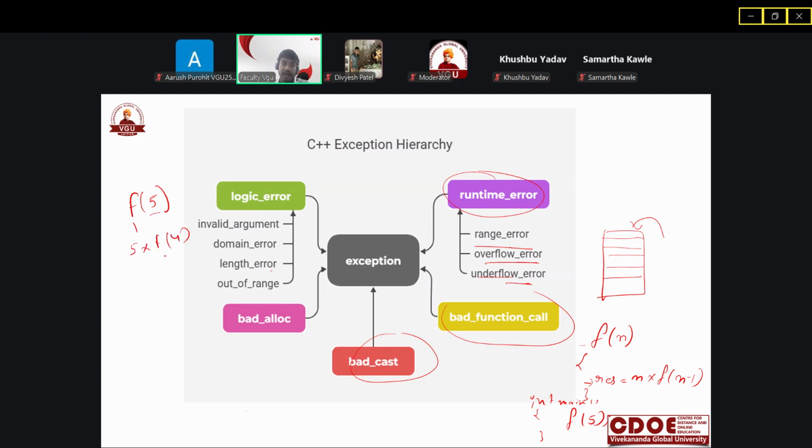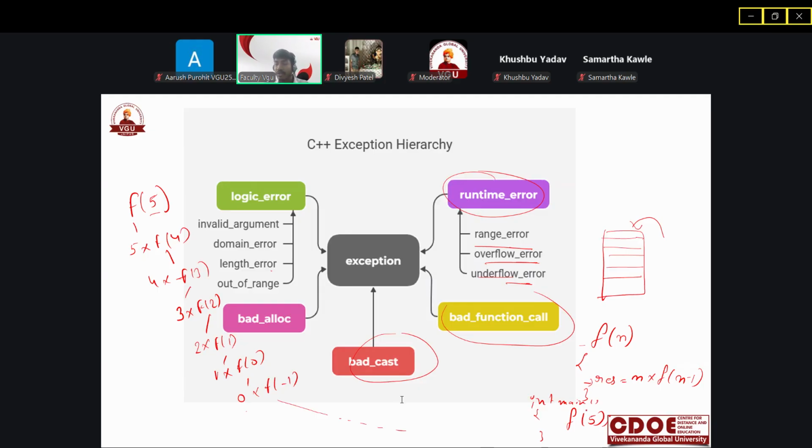Likewise, 4 into f of 3 will be called, and after that 3 into f of 2. Then we will get 2 into f of 1, and after that 1 into f of 0, 0 into f of minus 1, and it goes on, and the function calling will not stop.